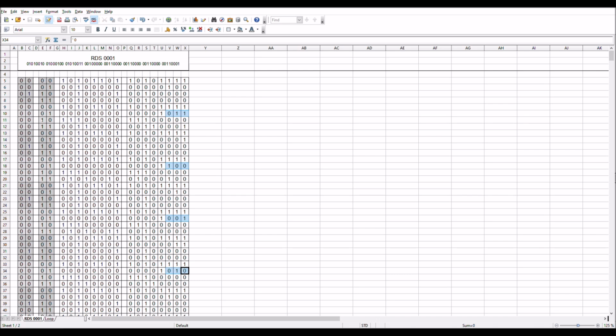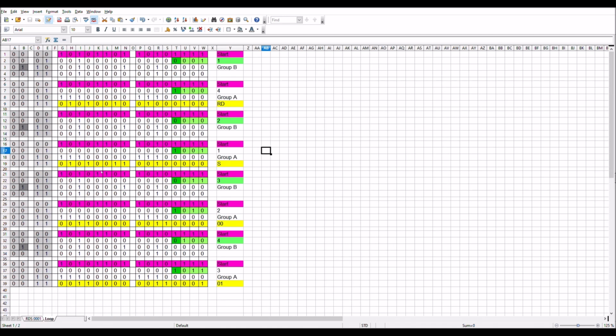So if you copy the part that goes into a loop into a new sheet, you should be able to figure out some more. And I did this by adding some color, so the start signals for every block are marked, and I marked the dark gray as group B. The group B doesn't hold any data that I need, only group A, because the group A actually holds the RDS text that's displayed on the display. And then you have the numbers